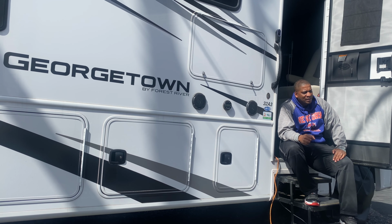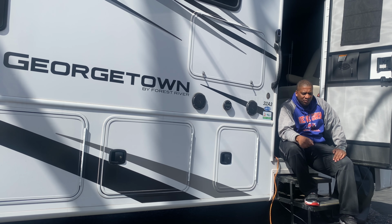And my thought is that I can leave the water heater on and the tank heaters on so that everything is warmed up inside, so there's no chance of anything freezing because everything will be warm inside. We do have antifreeze, well, RV antifreeze, in the holding tanks, so the holding tanks will not freeze, and we have tank heaters so that the tanks won't freeze, and the lines are inside of the RV. And if the RV is well heated, which I can get this RV up to 70 degrees, the lines will